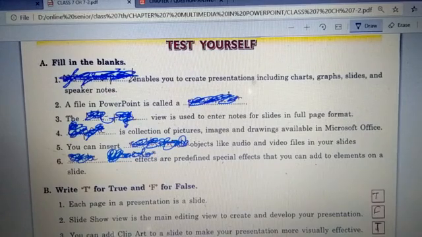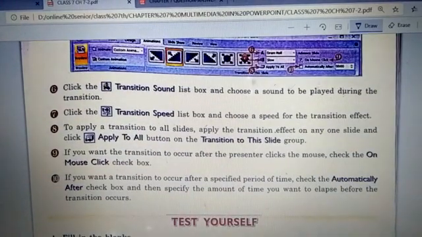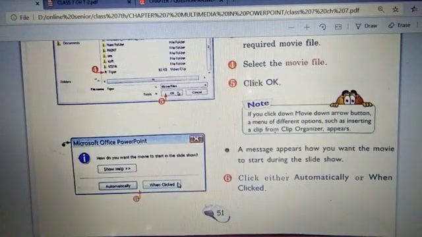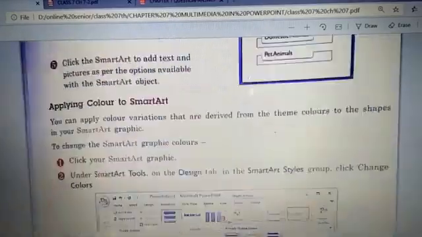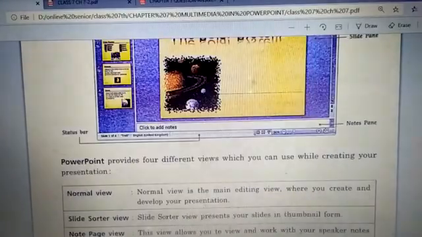You need to remember this line: enables you to create presentation includes charts, graphs, slides, all these things. Fine. So, what you will search for? You will search for these words in your chapter. And if you have read your chapter properly, you must be knowing that these are the features that are provided by Microsoft.